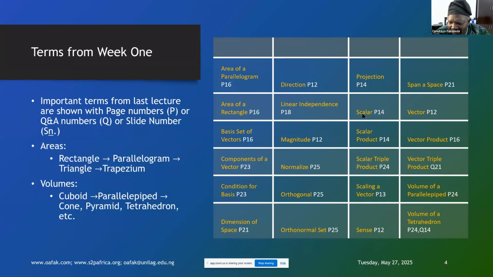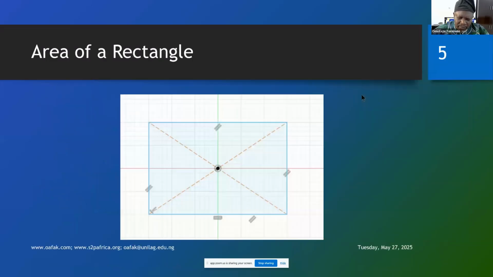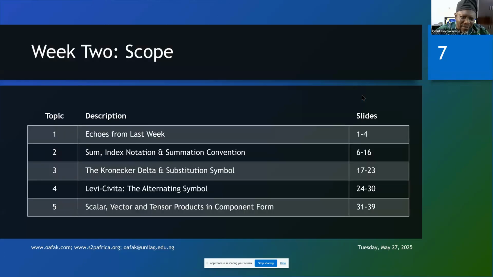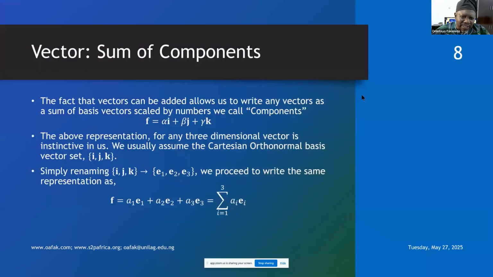Then the volume of a parallelepiped, which is related to the fact that these vectors are linearly independent. We didn't talk about the volume of a tetrahedron, but I hope we'll get to that today. We talked about area of a rectangle, area of a parallelogram,